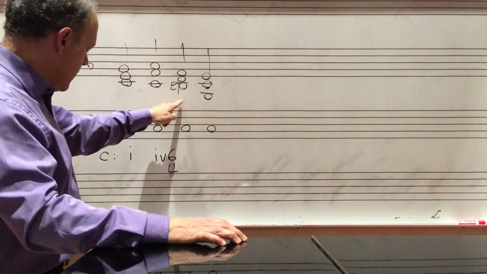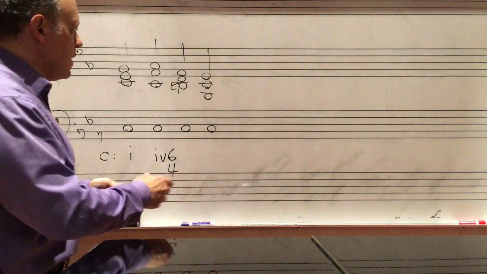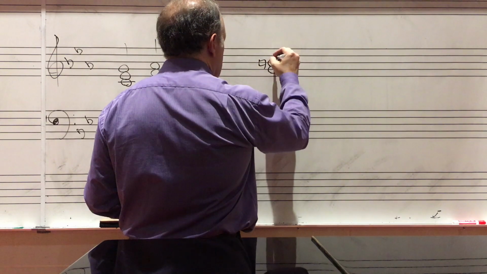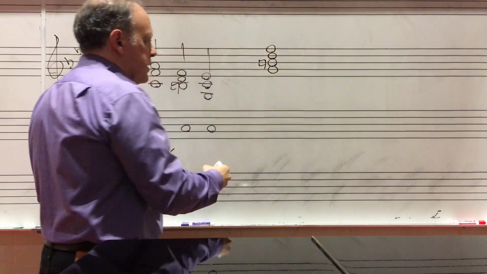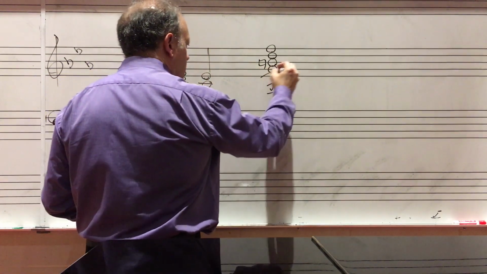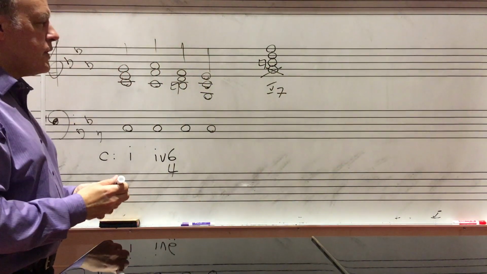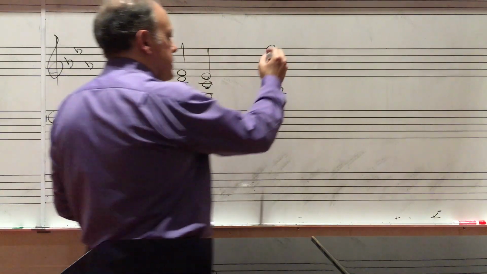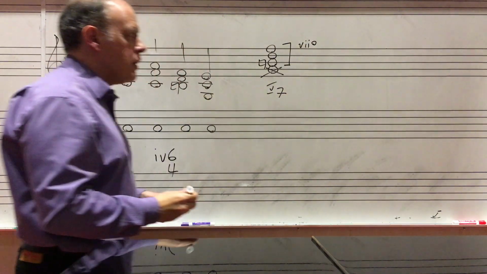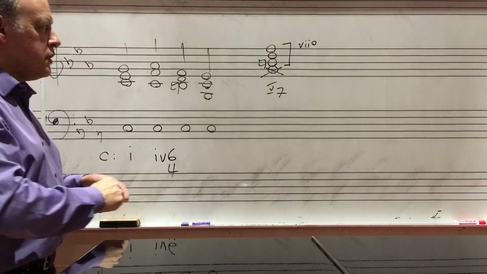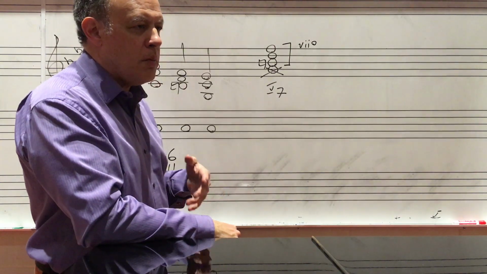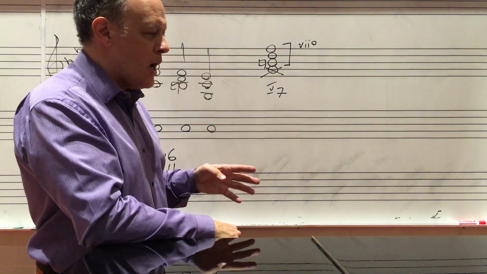If I look at that by itself, it might look like in the key of C minor, something like this, dominant seventh, but with the root left out. If I have that just by itself, that would be a triad built on the seventh scale degree. We call it the leading tone seventh, whether we're in major or minor, in part because, as we already know,